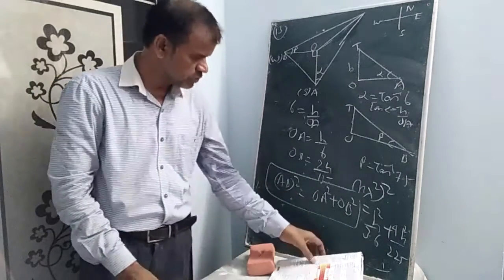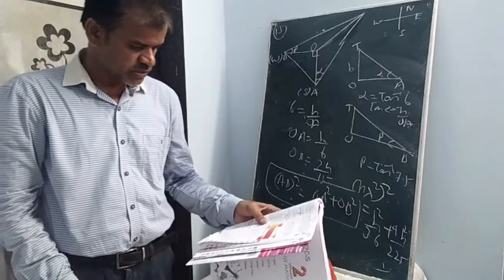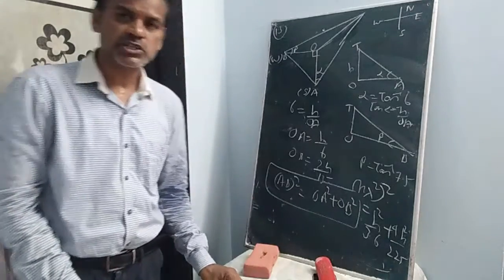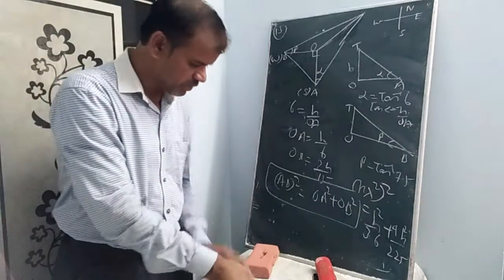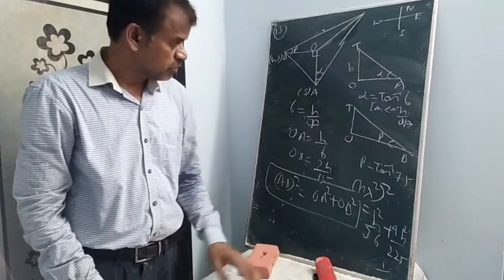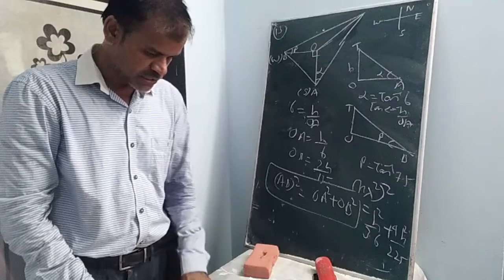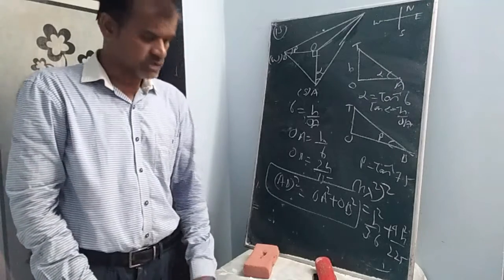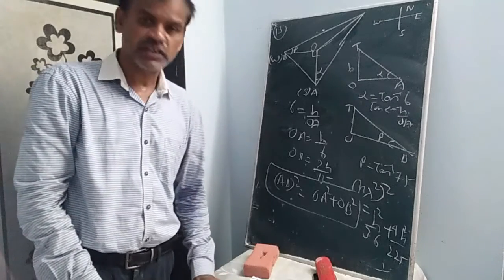Okay students, you do the sum because time is not sufficient. You can understand that level 2 is also completed, only 2 sums are left. You can ask me by a phone call. Okay students, let us discuss the next chapter in the next class. According to my knowledge, heights and distances is completed.